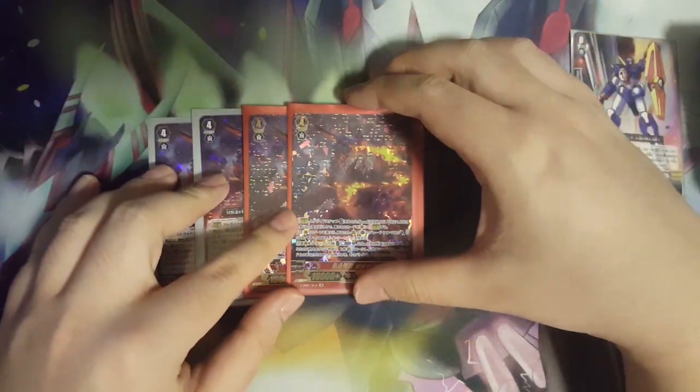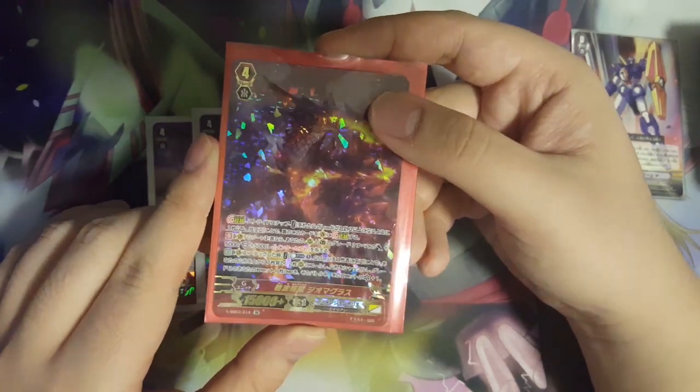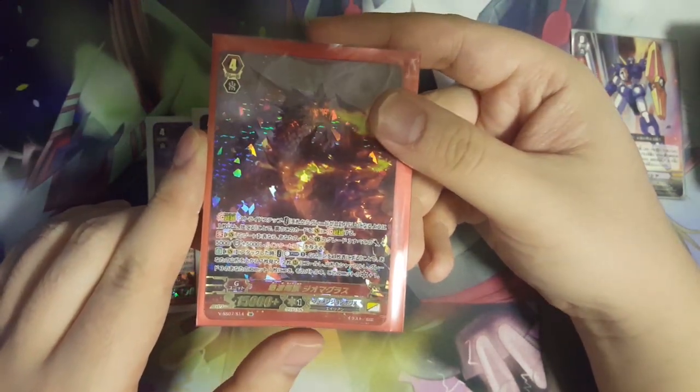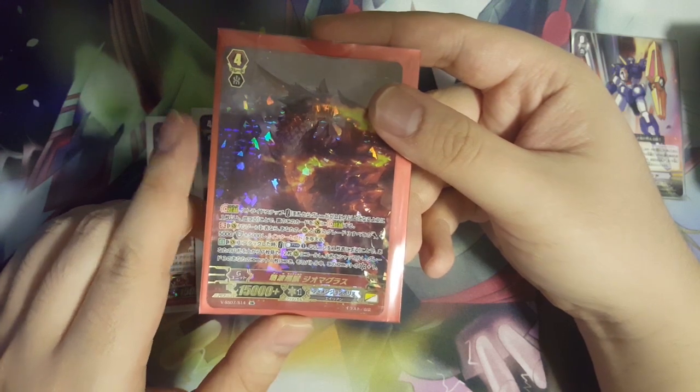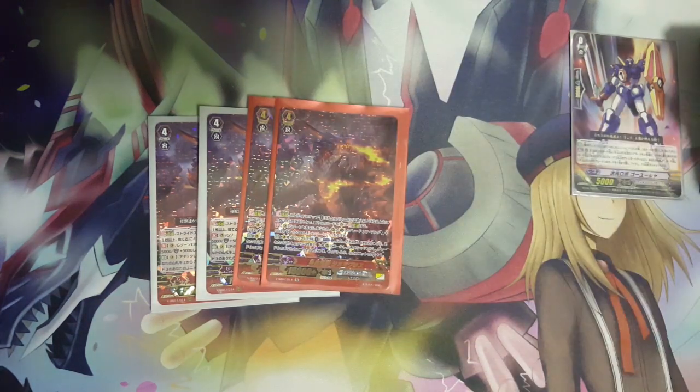So Geomaglass's skill is permanent on Vanguard and G zone. If it's face up, your Regard or Guardian grade 3 will get 5k power, 5k shield, and intercept. So combining with Dyliner,